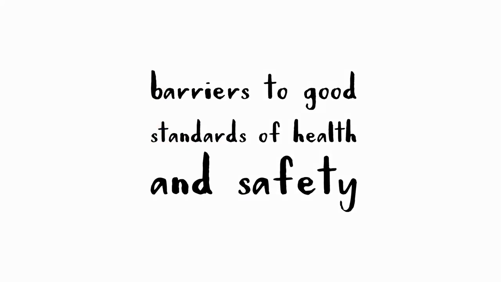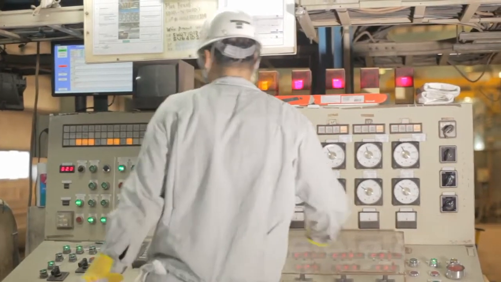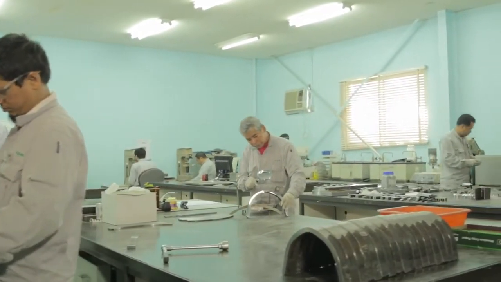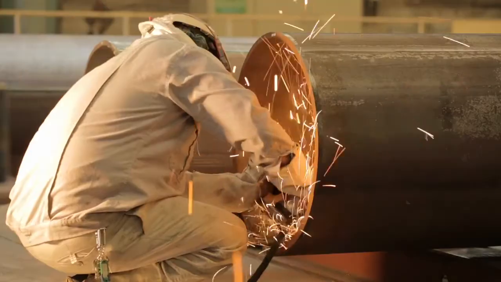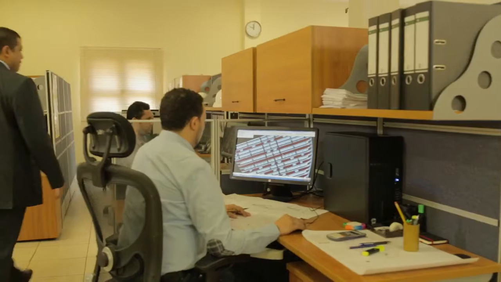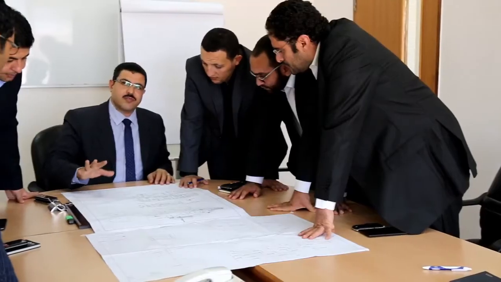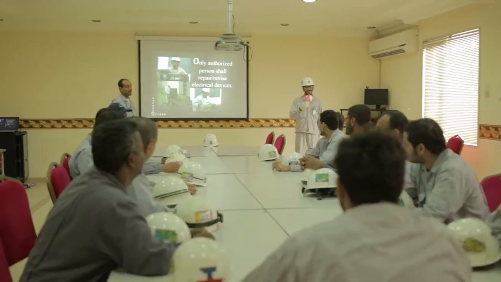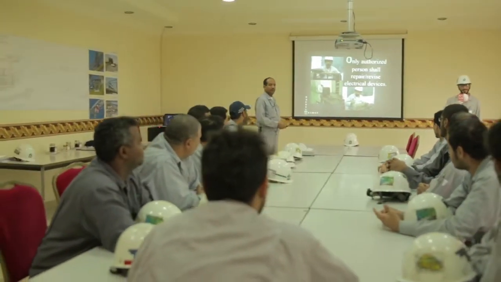Barriers to good health and safety standards. Complexity. Workplaces can be complicated. Many people are involved in many different work activities that need coordination. The complexity of achieving a balance of profitability, safety, quality, service, and production is faced daily by organizations. It therefore requires the commitment and competence of both management and workers and an established management framework to implement policies for health and safety to achieve a reasonable balance.